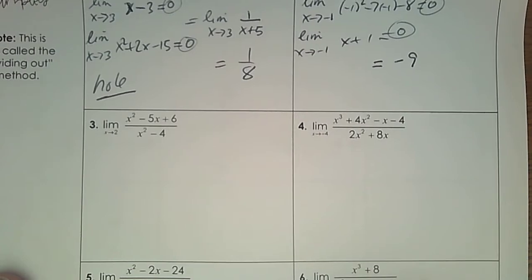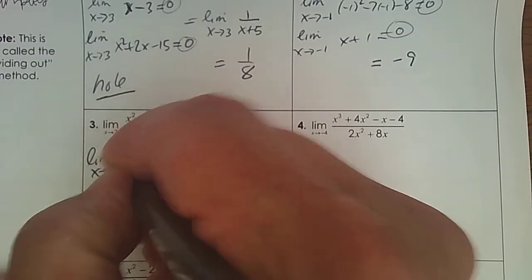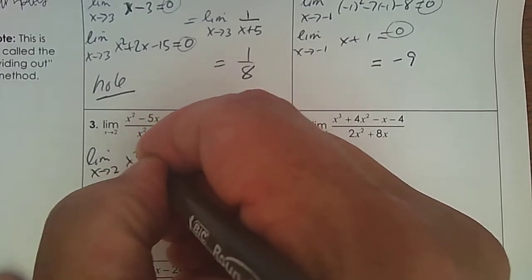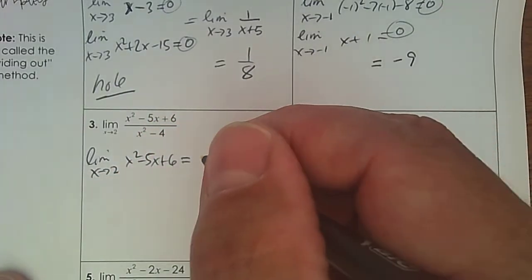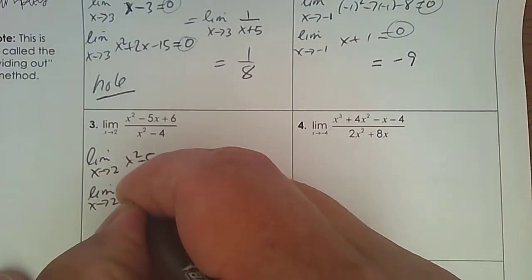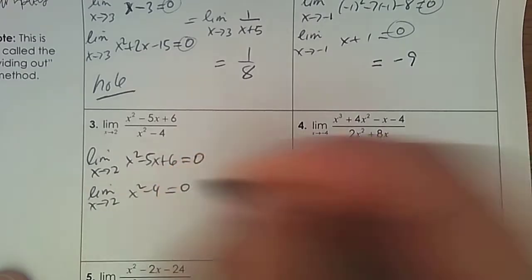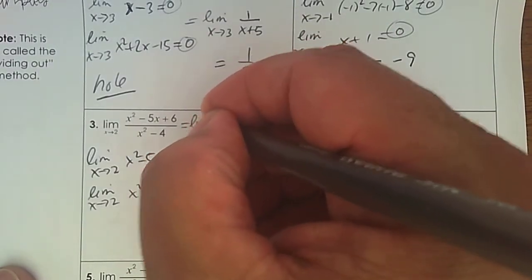Number 3. So I'm going to separate it. Numerator, plug in 2. If you plug in 2, you get the answer 0. Plug in 2 to the denominator, and again you get the answer 0. This means it's indeterminate, which means I can factor